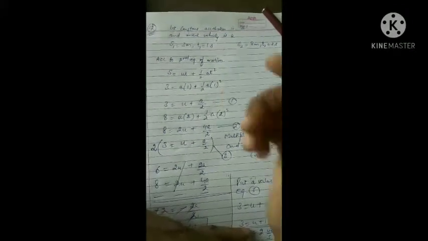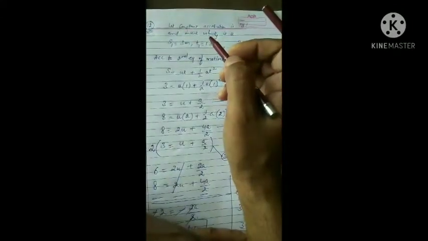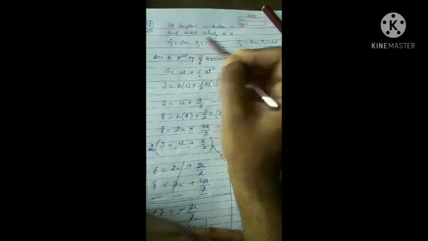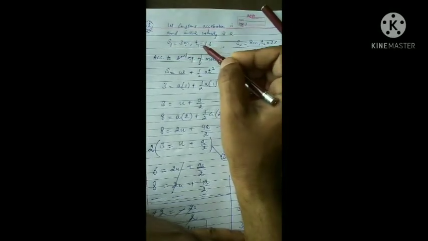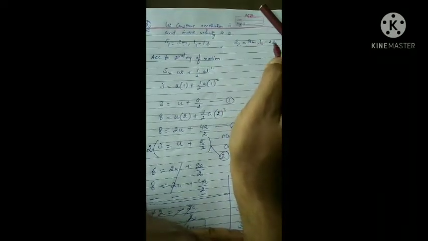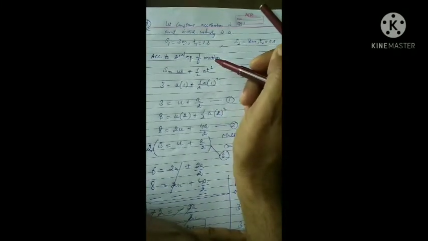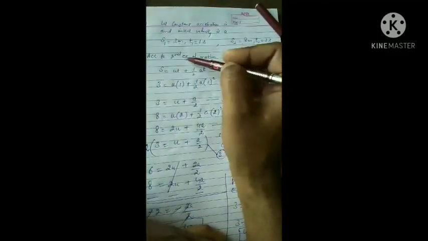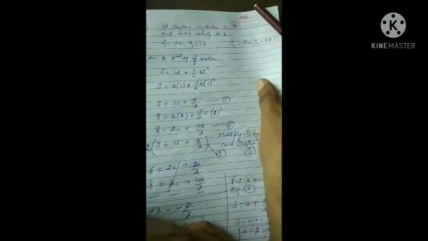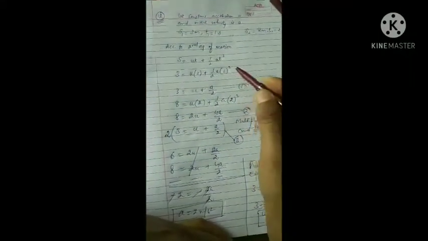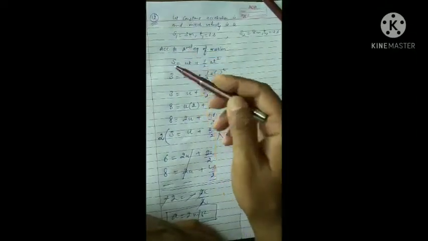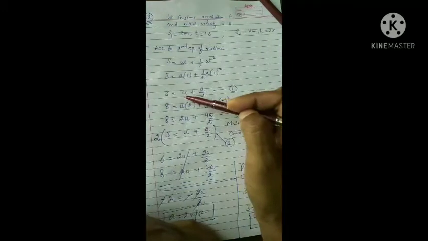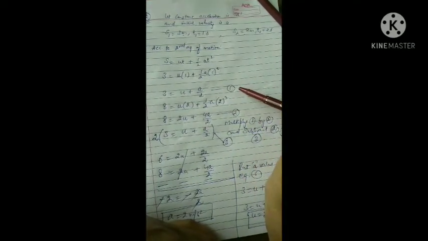In the 12th numerical, a body moving with a constant acceleration travels the distances 3 meter and 8 meter with respect to time T1 1 second and T2 2 seconds. Now we have to find initial velocity and acceleration. Now according to the second equation of motion, S is equal to ut plus half at square. So S is 3 meter, time is 1 second. Accordingly you can substitute the values. 3 is equal to U plus a by 2. Let it be the first equation.